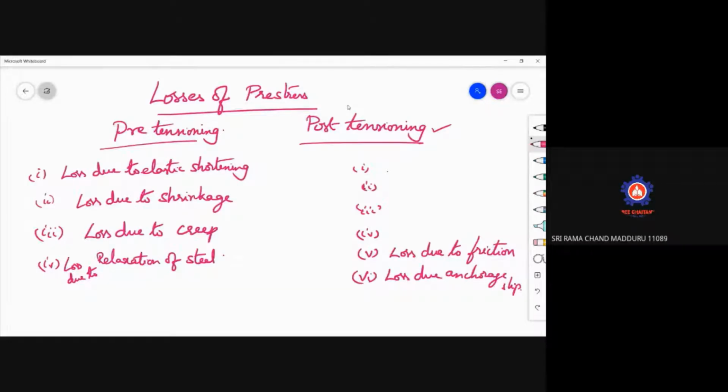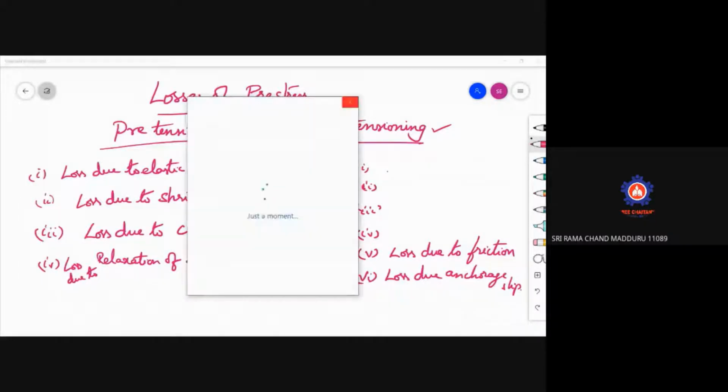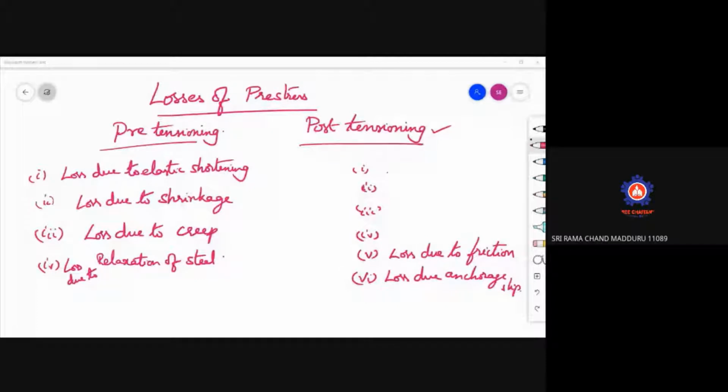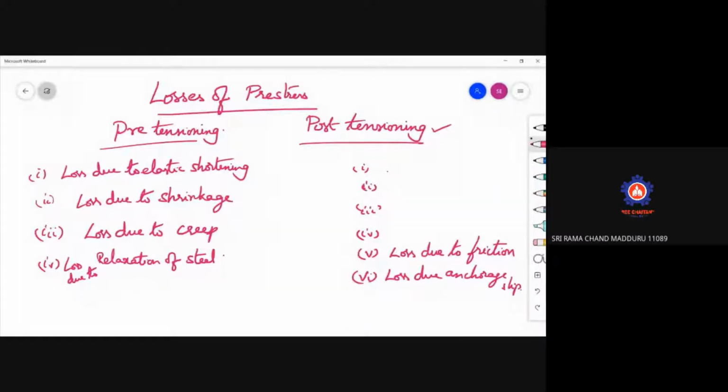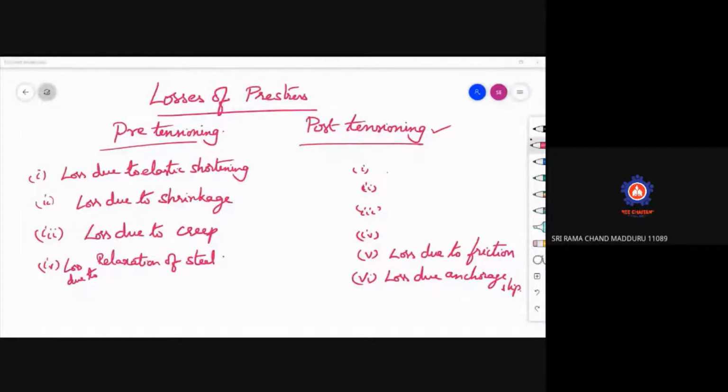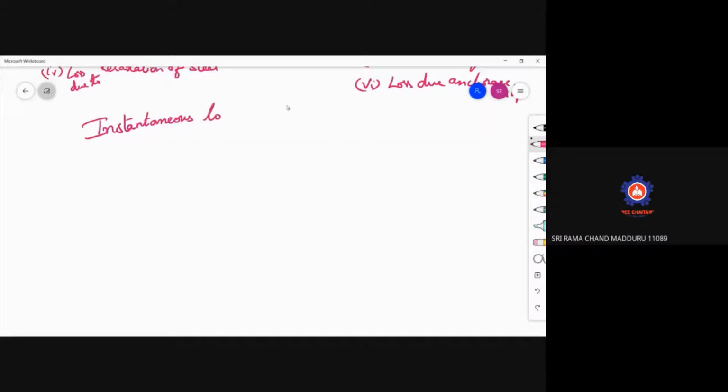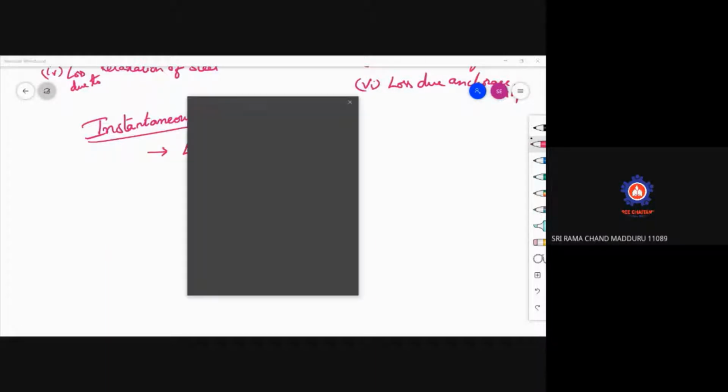Pre-tensioning as well as post-tensioning. Now coming to here, once again we have seen that there are another types of losses. These losses we are calling instantaneous losses as well as time dependent losses. So we have seen that there are two types of losses: one is instantaneous loss, another one is time dependent loss. So in the instantaneous losses, we have seen loss due to elastic shortening,